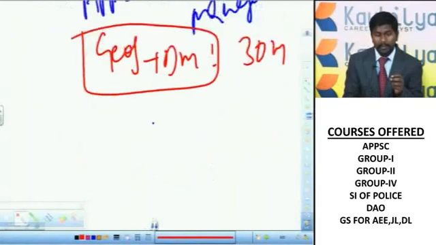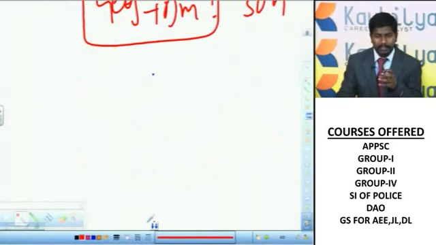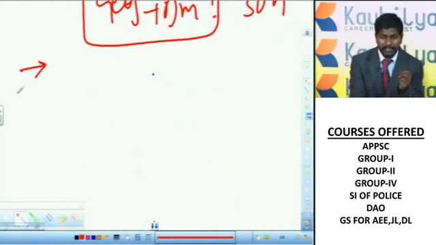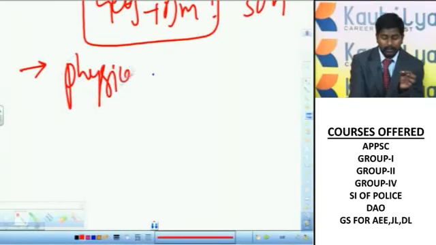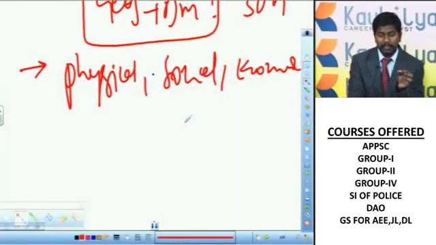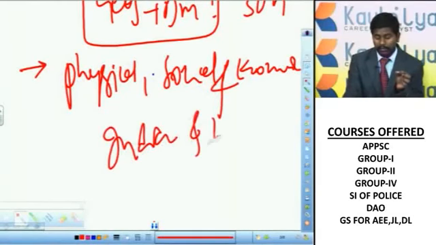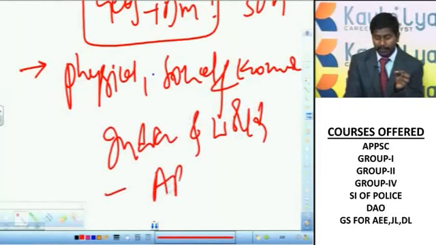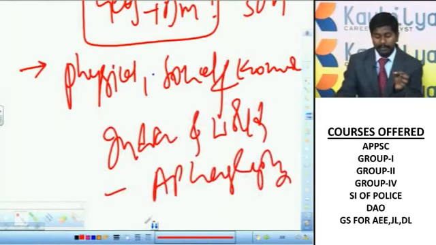So coming to what geography is, what its syllabus is, its scope in the examination, and which type of questions are asked. In the syllabus given by the APPSC, they give one single line: physical, social, economic geography of India and the world with a special emphasis on AP geography.